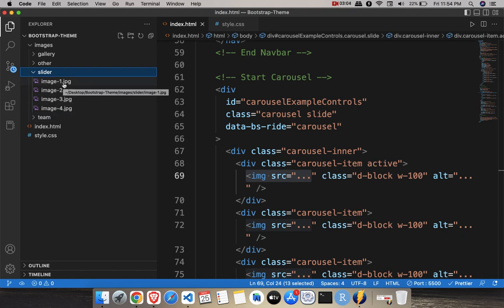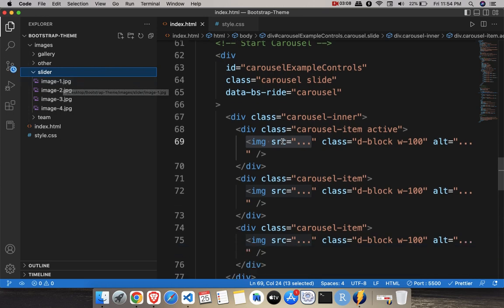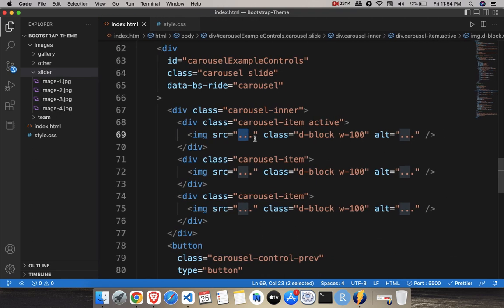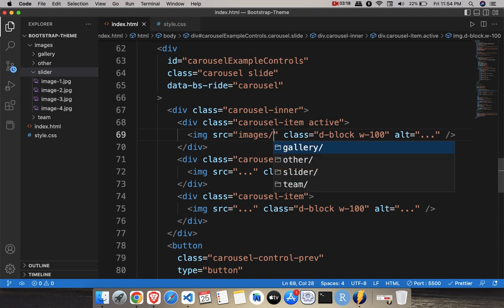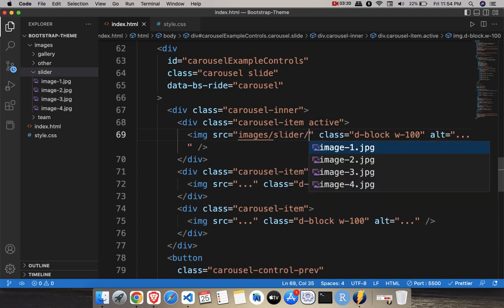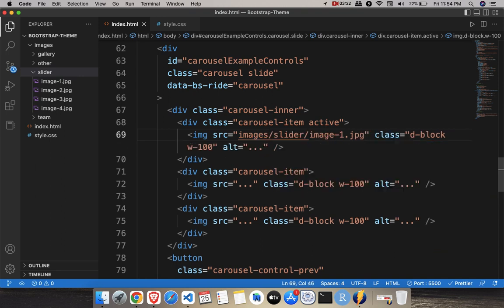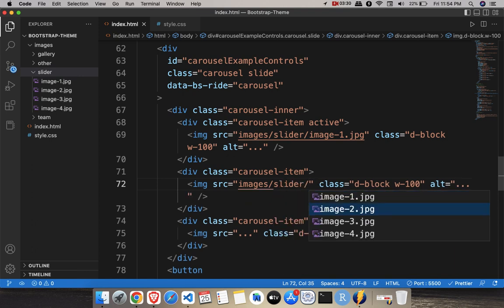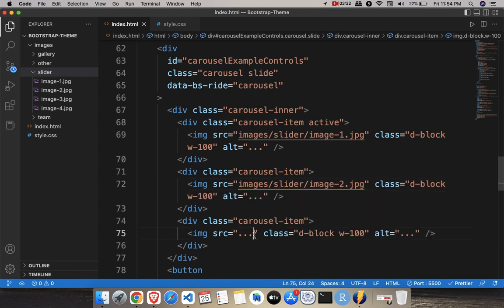Now I want to use these 4 images in my project. So how can we do that? Instead of just src, you need to put the path of your images, which are present in the required directory. So paste your path: the images are present in the images folder, then in the slider folder, and the image name is image1. Similarly, you can add another image, slider image2. Here I want to add the third